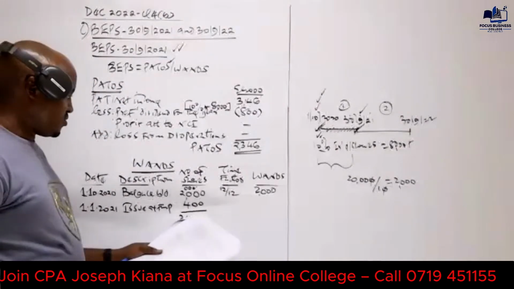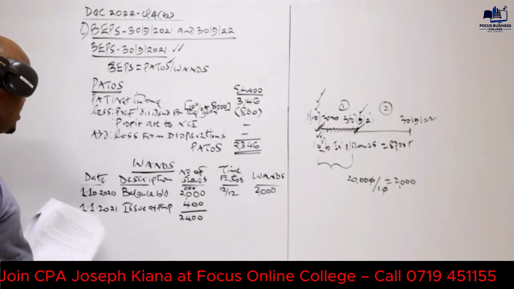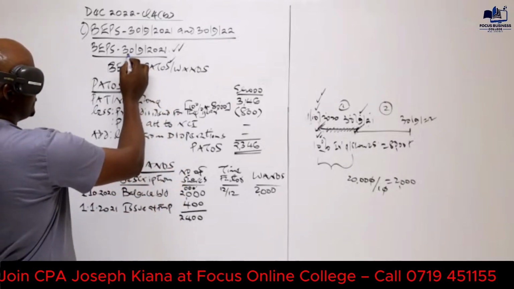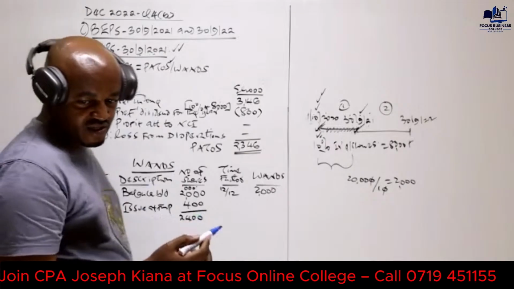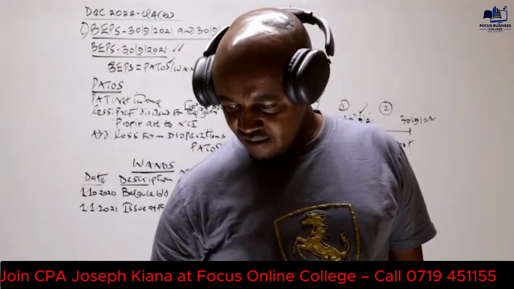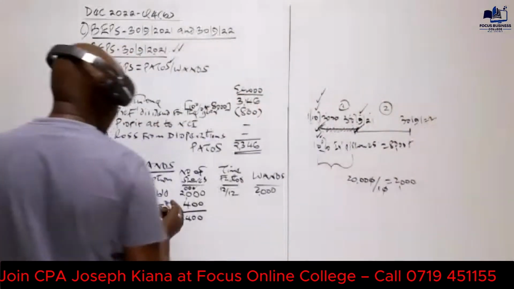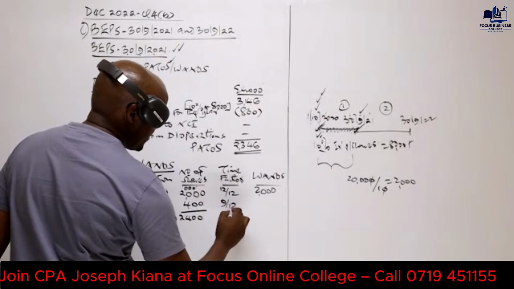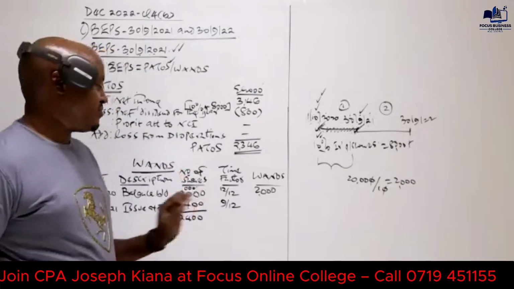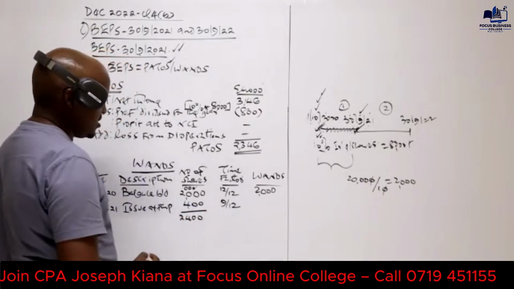Then we need to come up with the time factor. These shares will be held for how many months during that year? Take into account they were issued on 1st of January. I hope you can recall when the year is ending, the year ends in September. They were issued on 1st January, the year is ending 30th of September. Yes, they were held for 9 months out of 12. And remember, we said these shares which are issued at full market price should be weighted on time basis. So let's take this times that, and I think that one will give us